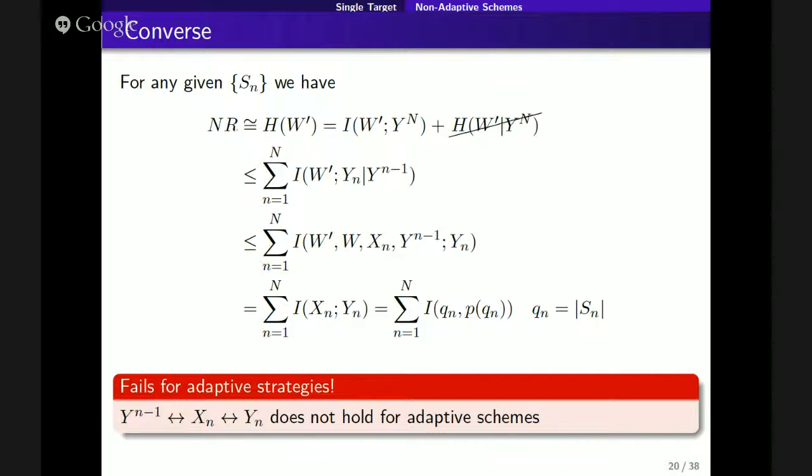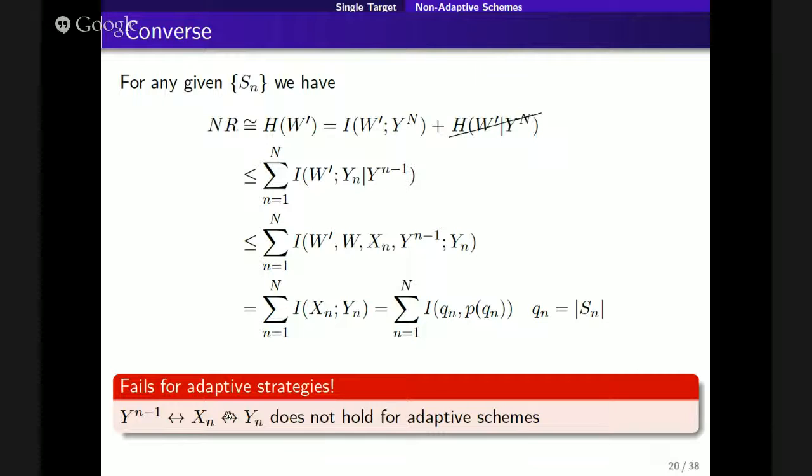So usually when you're doing coding with feedback, we know that feedback doesn't increase capacity in a regular channel. Okay? And to show this, the basic way in the converse of the channel coding problem is using this Markov chain, at least where there's no power constraint and so forth, which says that once you have the input to the channel, the output of the channel is independent of all the past. Right? And this is true for channels with or without feedback, for memoryless channels.